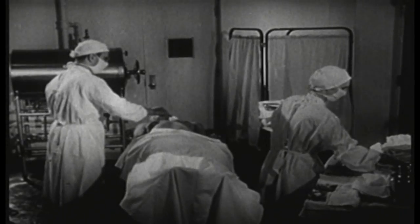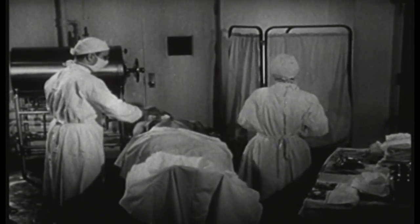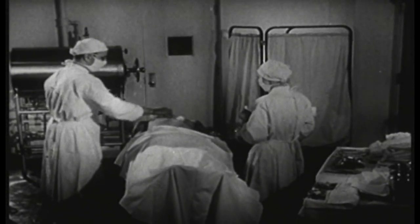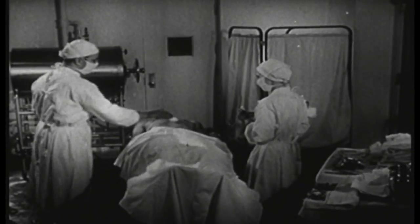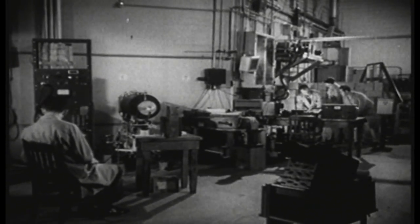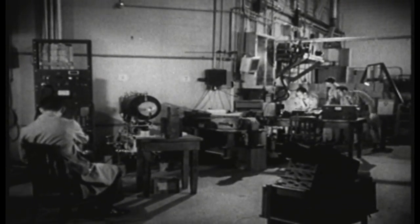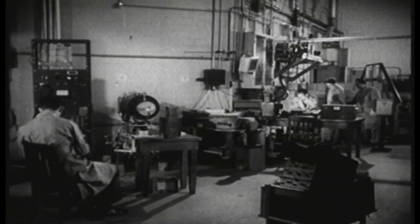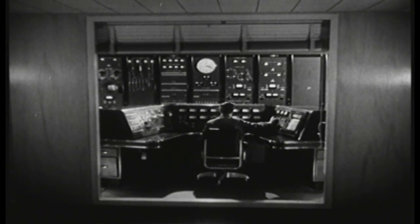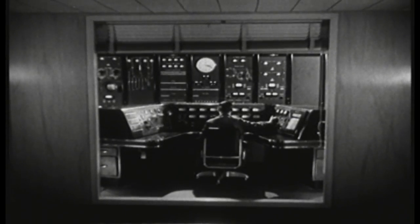Since atomic radiation improperly used may be extremely dangerous, much research has been done to discover the most effective protective measures. In league with physical scientists, biologists are learning how best to protect humans from dangerous amounts of radiation. Protective clothing, barriers made of radiation-resistant materials, remote control equipment, and medical tests are some of the measures developed through experimentation to